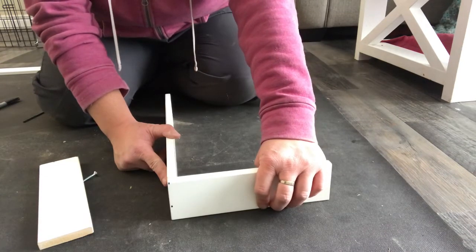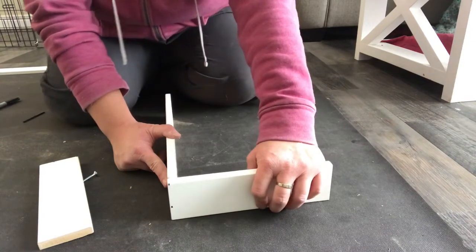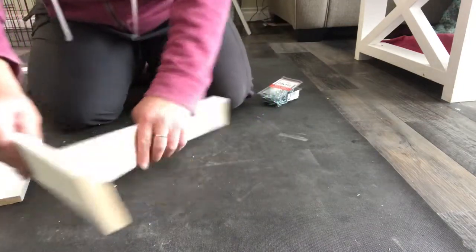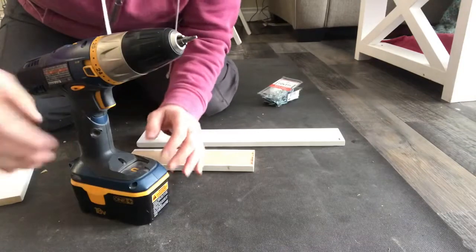You can use some wood glue here. I didn't remember for my box, and my box is pretty sturdy. However, if you wanted to use wood glue, you can absolutely do that. So what I'm going to do is show you how to